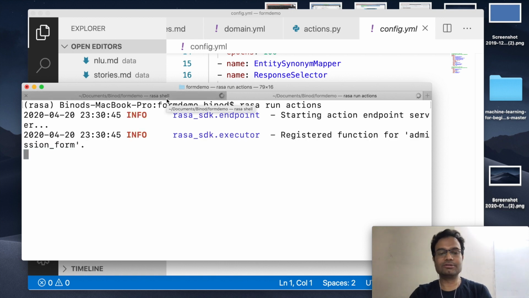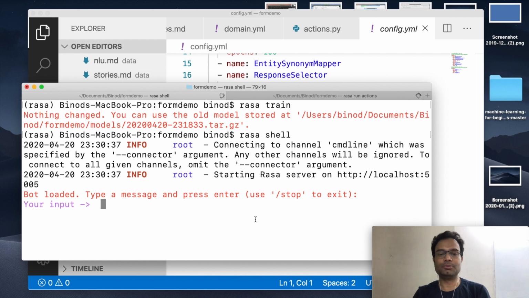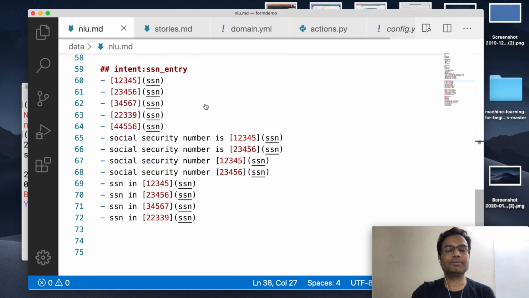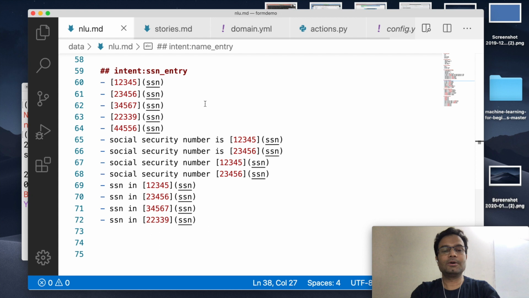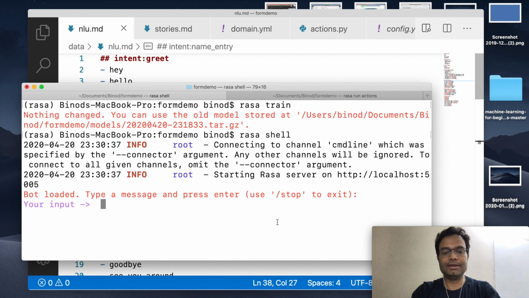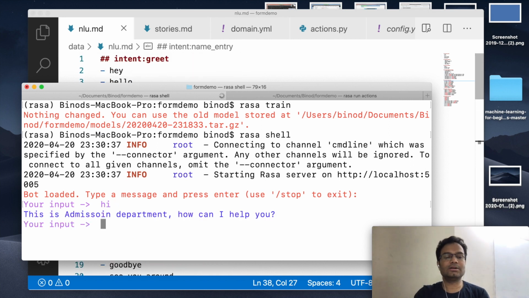So we have the two terminals, right? Now we give the input. Let me show how we will give the input. First we will say hi. Then it is asking, this is the admission department, how can I help you. Let me say I have an inquiry for the PhD admission.